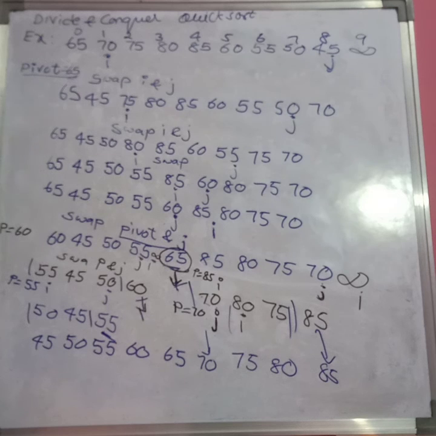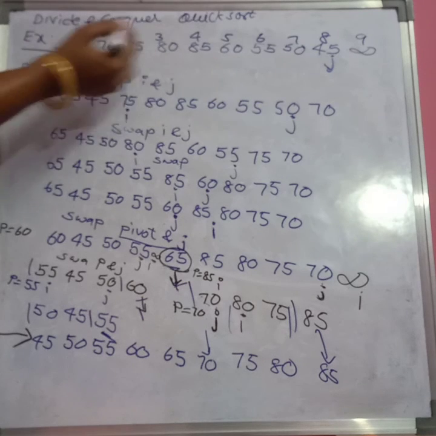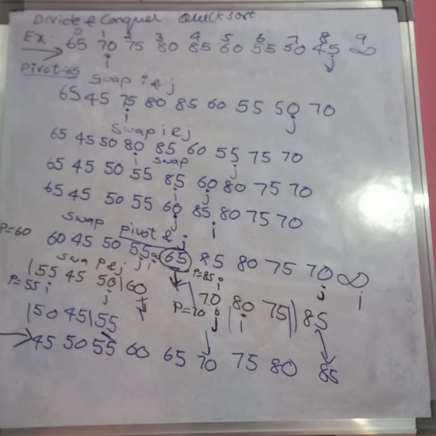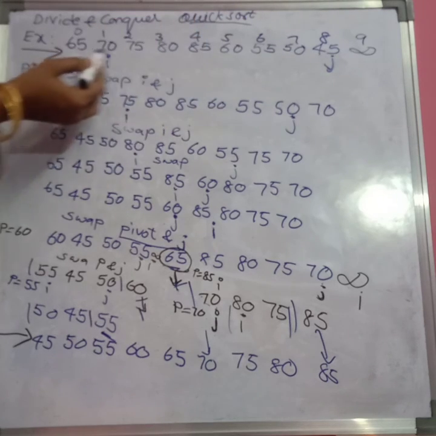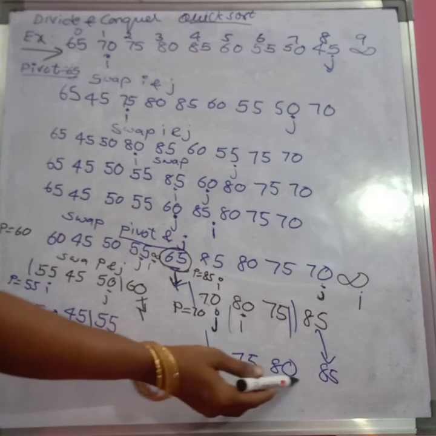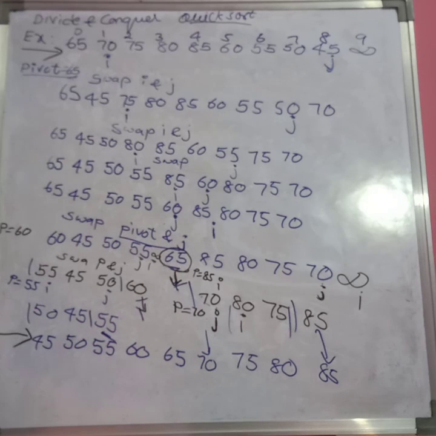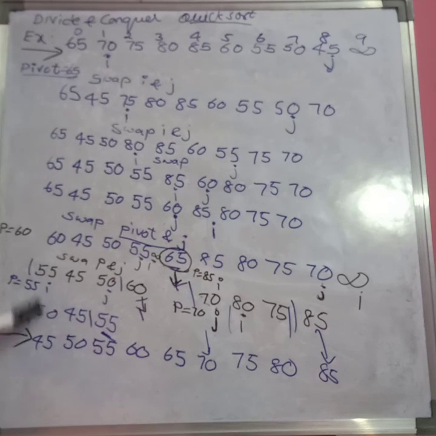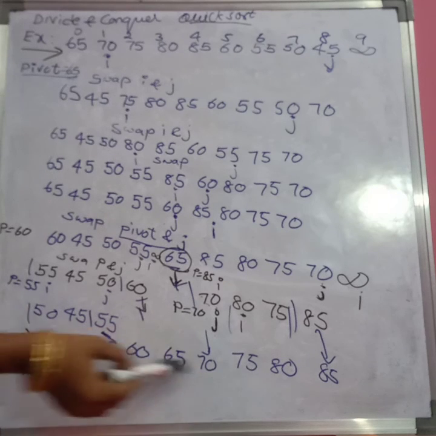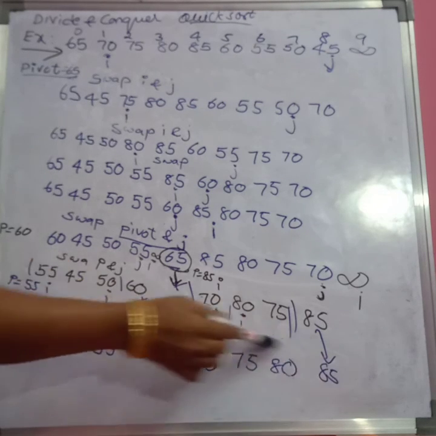See, this is my original problem. This is my solution. By applying the divide and conquer approach, this divide and conquer designing technique, the quick sort technique, these elements are in their sorted position. This is about the quick sort technique, by applying the divide and conquer approach. Like this, we can sort the elements. So this is the solution, the sorted array.